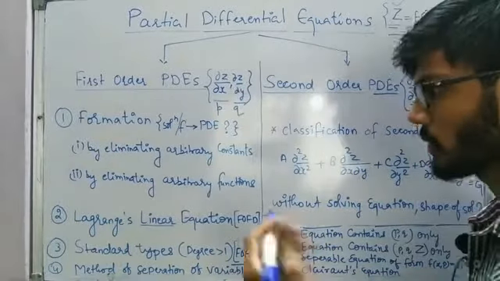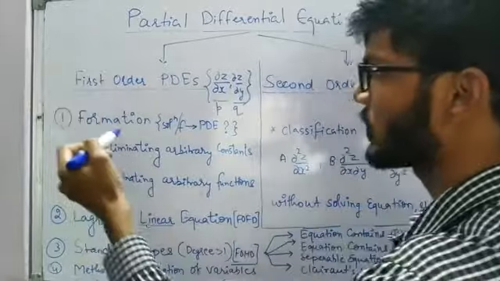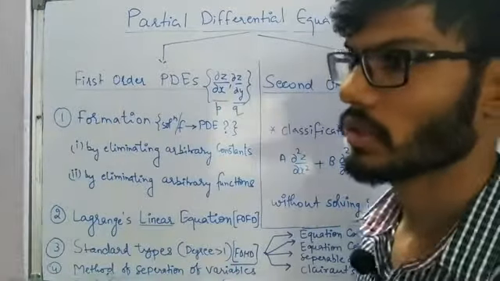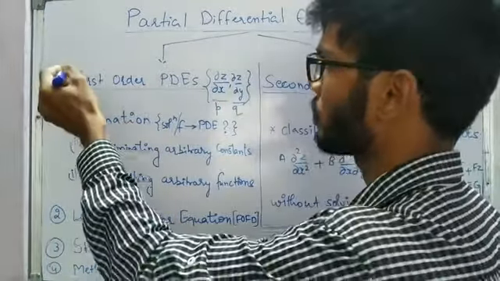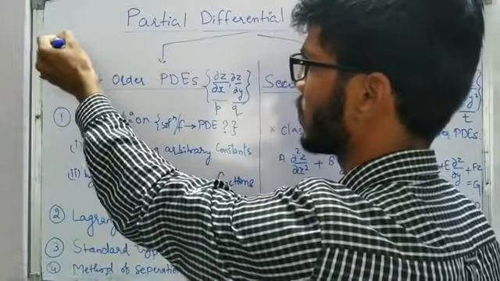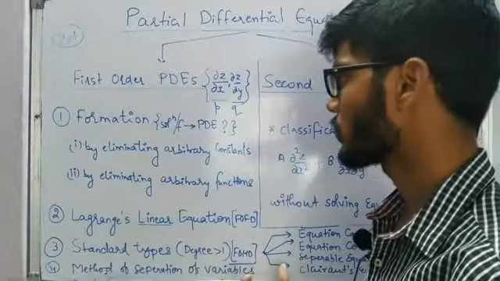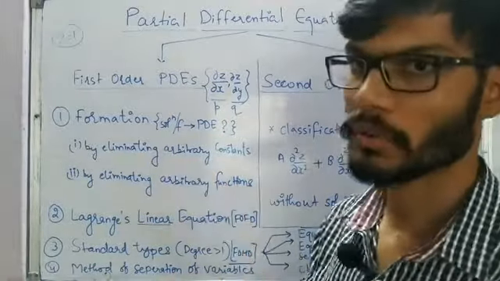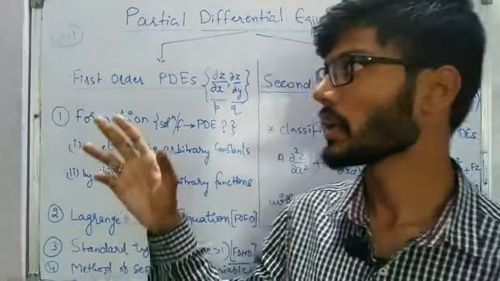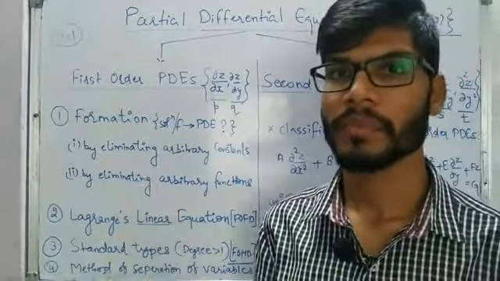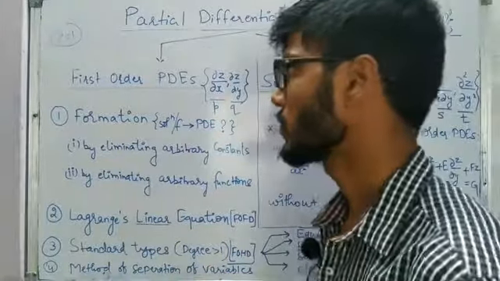And also keep in mind, in the case of ordinary differential equations, whether first order or second order, we were talking about only linear. So we talked about the degree being equal to 1 only. Here also, most of the time we are going to talk about degree 1 only, and in a few cases we are going to talk about degree more than 1. That is going to be non-linear partial differential equations.